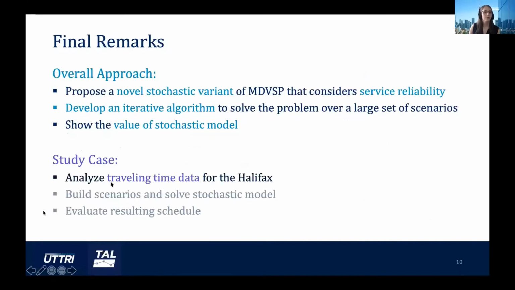So now, Margarita, about a minute left. Okay, almost done. So just to finalize,